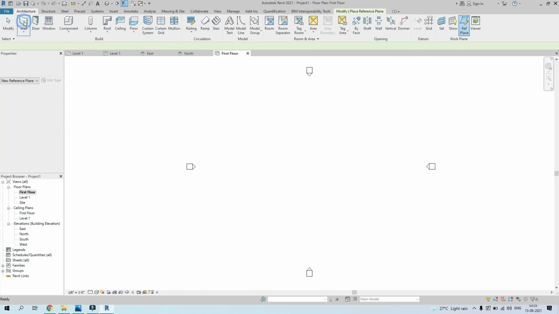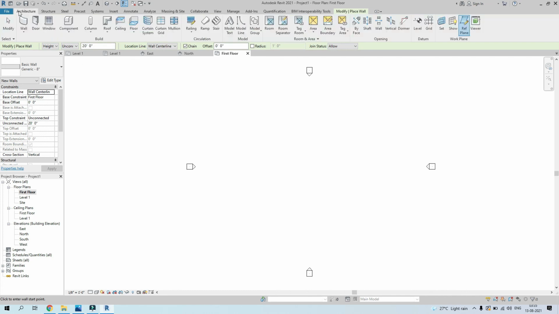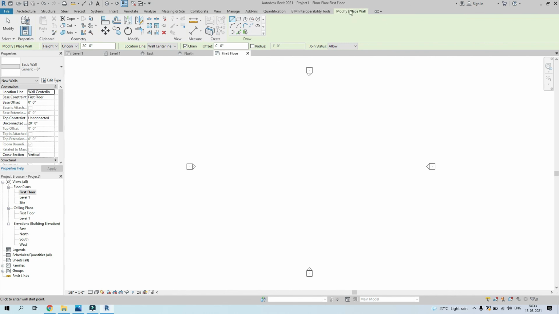So for example, if you click on this wall option, or basically any other element from here, this particular tab comes out, which is the modify option. In this,